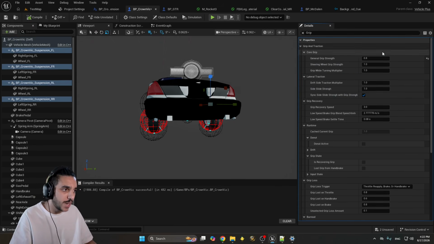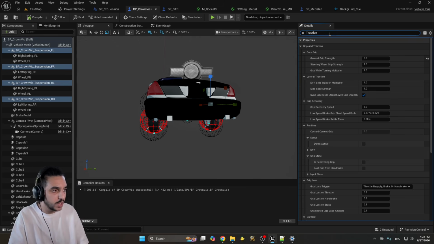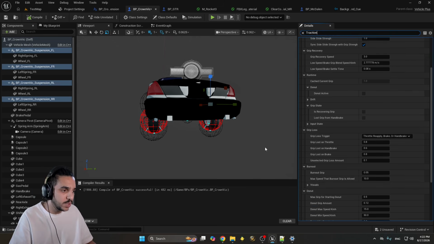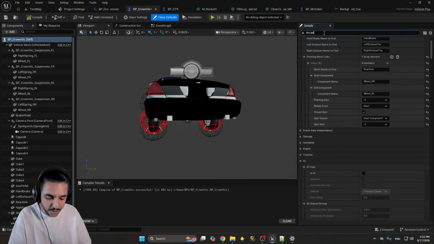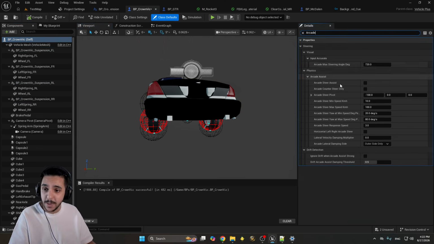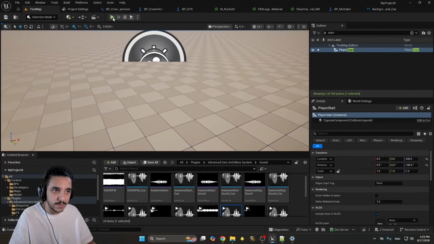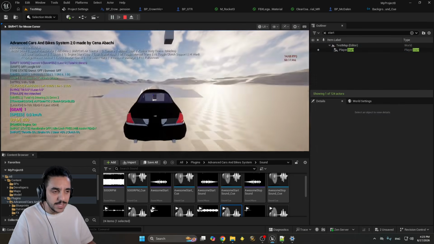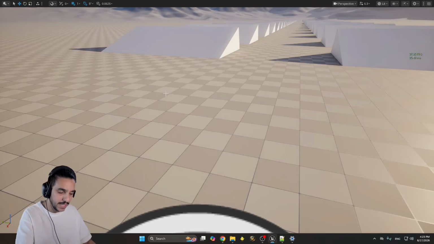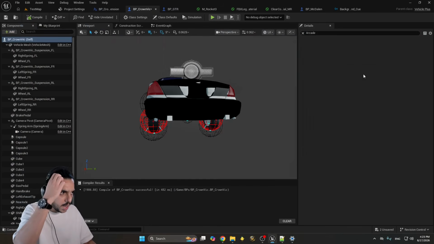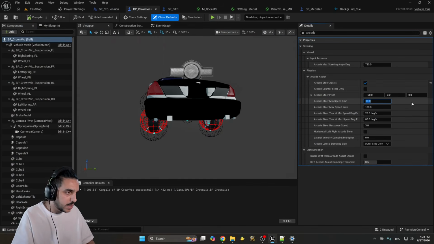So grip and traction. If you search for traction, you have a traction system here as well. By the way, if you go to your vehicle, you have something called arcade steering system. Maybe you want your system to see. I enable this arcade steering system, so it completely will add to your steering. See, if I go right and left, you can't see much here. I have to make it have more angle. Like